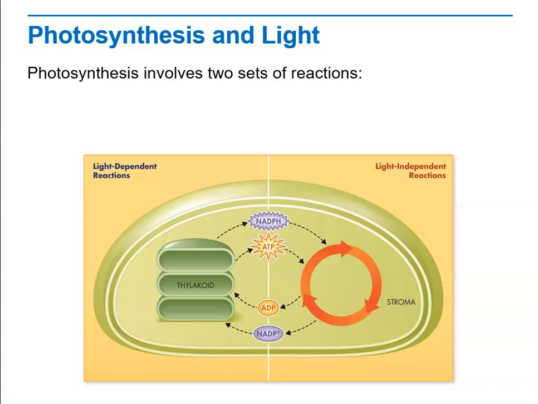When we write out the equation for photosynthesis, it looks pretty simple. We take the carbon dioxide and water, add light, and then we end up with glucose and oxygen. But this process doesn't happen in just one step. It actually takes several steps to get from the reactants, the carbon dioxide and the water, to the products, the